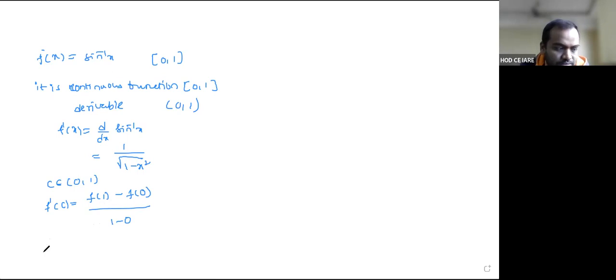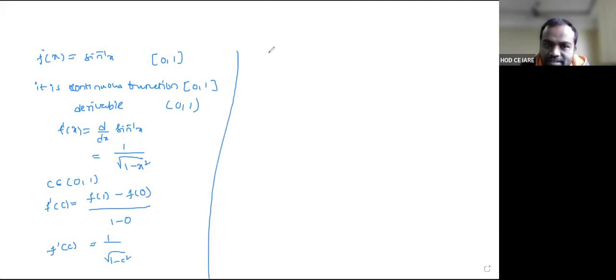మనం పాయింట్స్ అని సబ్స్టిట్యూట్ చేసిన నో ప్రాబ్లం, చేయకపోయినా we get some values. So we can write, a comma b లో చేసిన వచ్చేస్తుంది. So f'(c) means we can write 1 by square root of 1 minus c square. We can use a and b here. So here we write sine inverse of 1 and sine inverse of 0. Sine inverse of 1 means